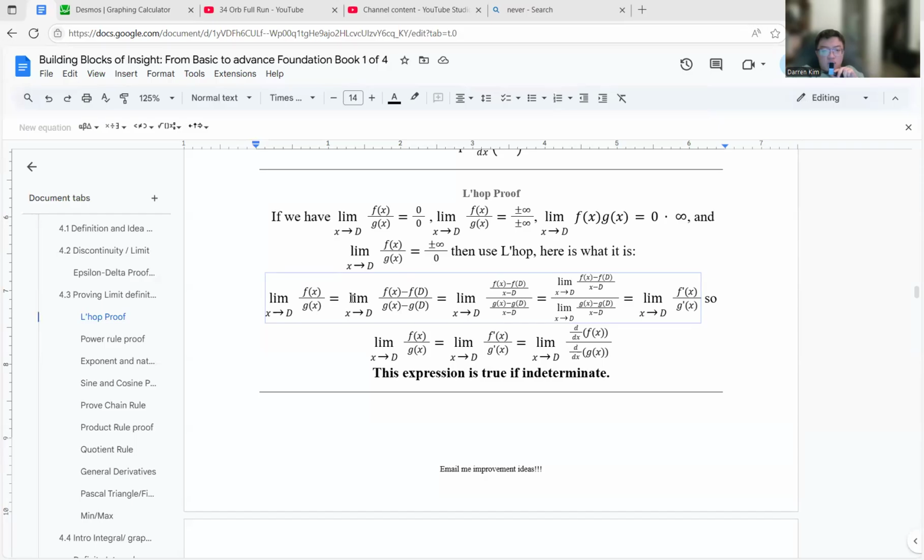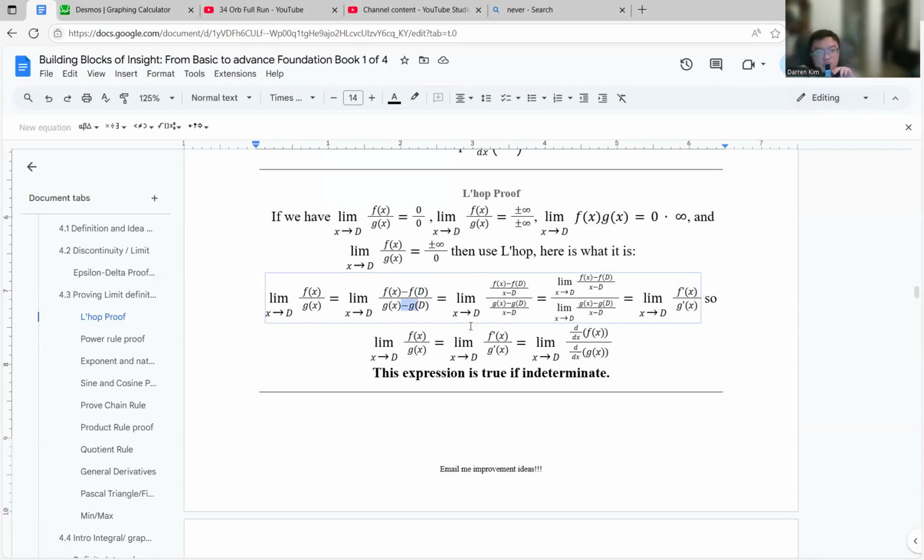We're continuing off from this little hop. I realized what I did. It's just a typo. Technically, you need the mean value theorem, but you can also just look at it and say, yeah, that kind of makes sense. Because it's minus d, it's like minus d is like a delta.